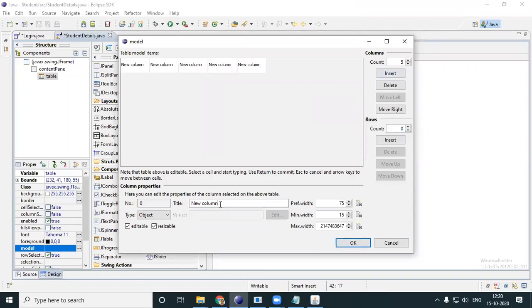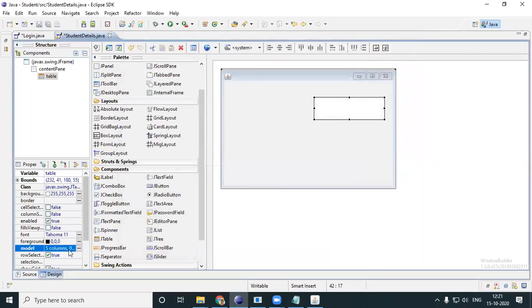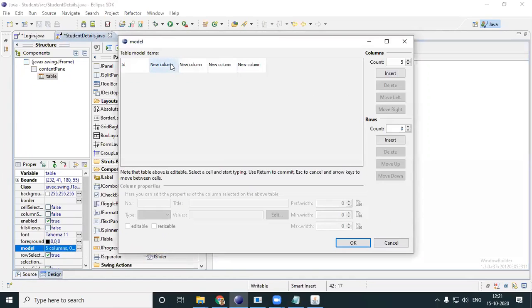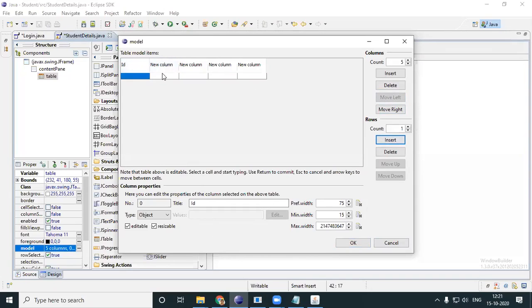Okay, and now I'll give names for my columns. So first one is ID, the second one is, just a minute, insert, delete. Okay, the second one is move right, move left. Okay, you can do all that. Just insert a row, it will be easier.